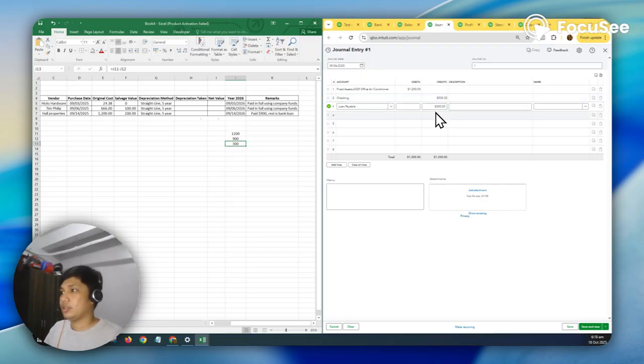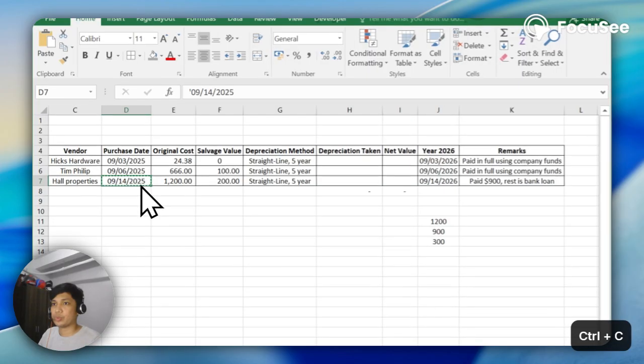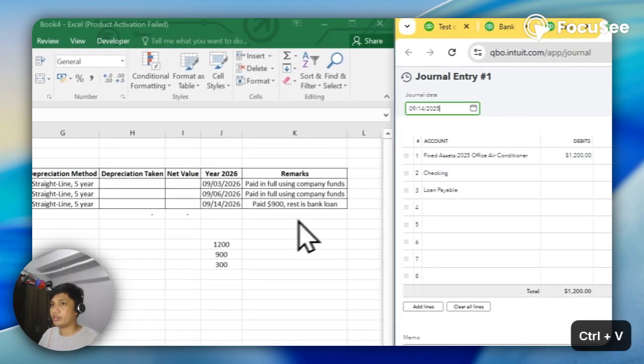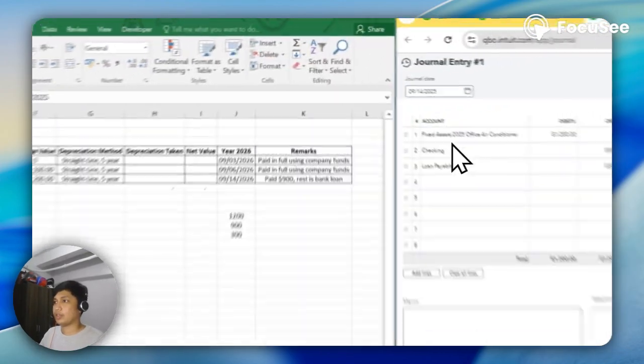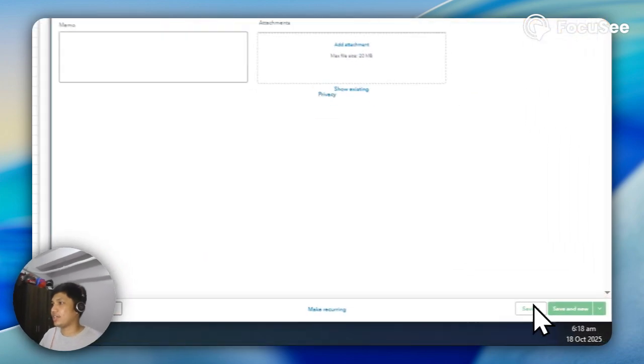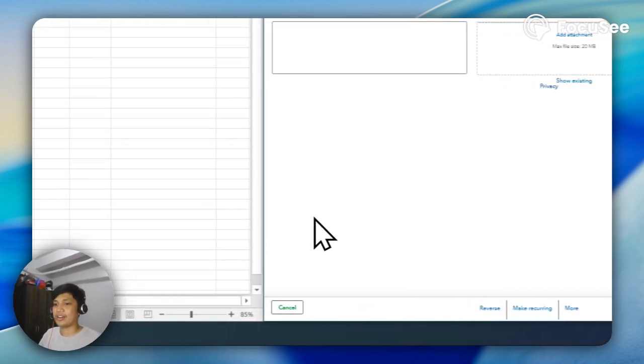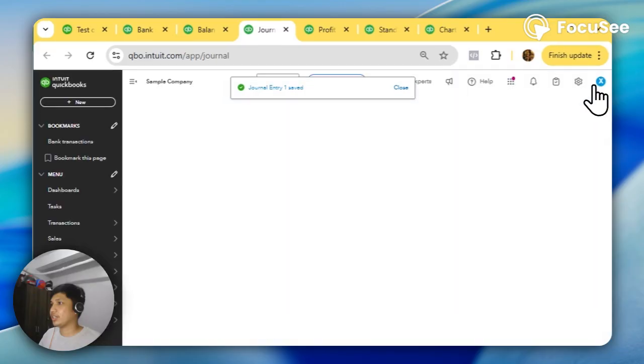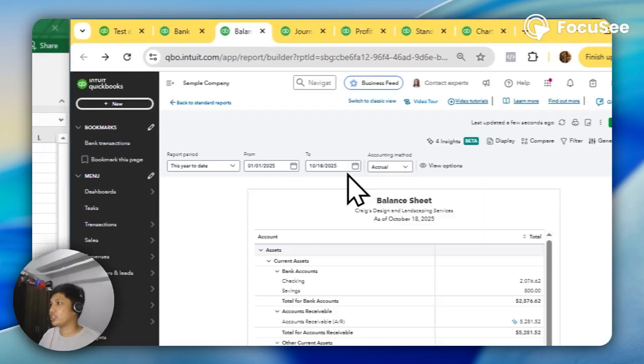And loan payable is a credit because it increases the liability account. Before I save this, I'm going to use September 14 because this was the date the asset was purchased. I'll save it now. It was saved.